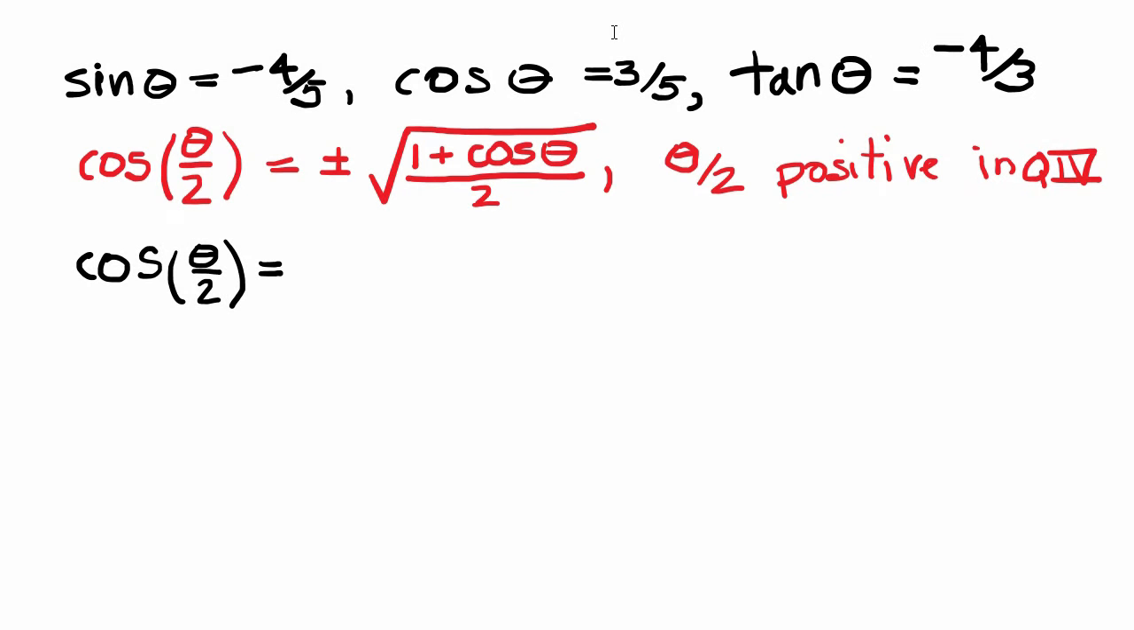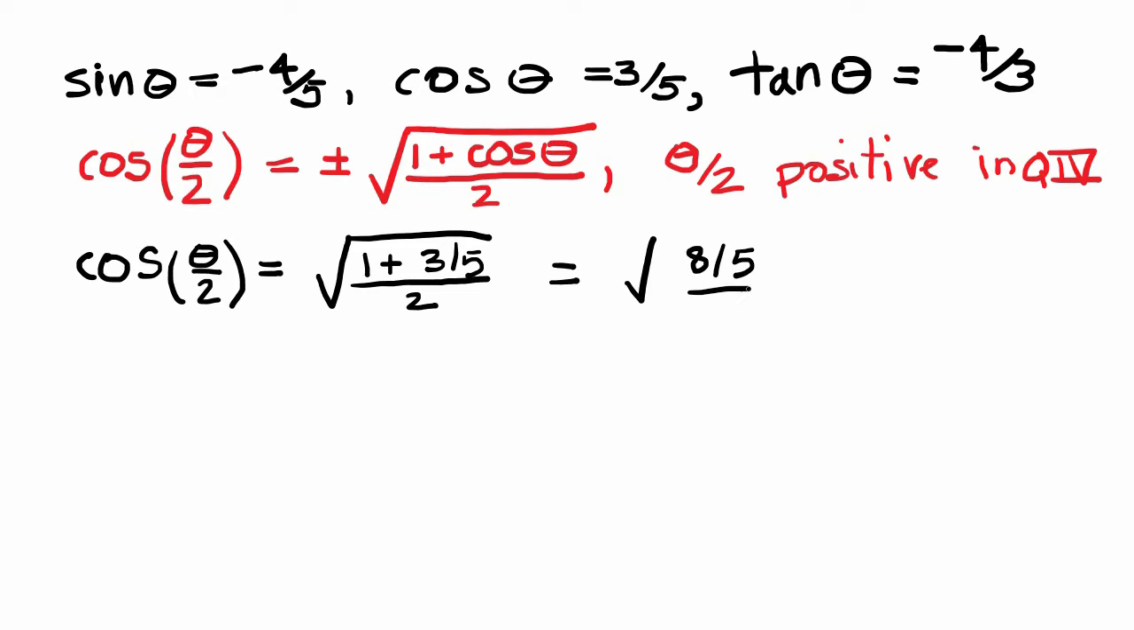One of the angles we were asked to find was the cosine of theta over 2. And we know that this is in Q4, and we've already talked about the fact that the half angle is also in Q4. So I have the positive root because cosine is positive in Q4, it's the x value. So I have 1 plus 3/5 all over 2 under the square root, and that is going to give me the square root of 8/5 divided by 2,